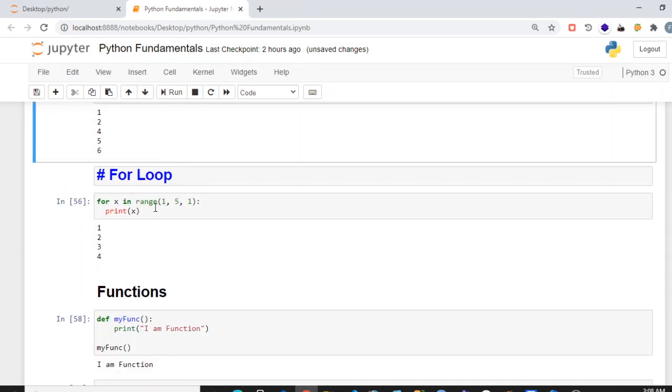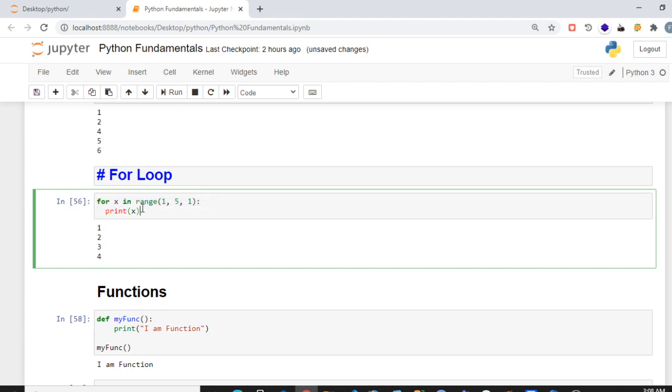Similarly, we have the for loop in Python, which is the same as what we have used in different programming languages, where we specify for, then your variable name, which is a temporary name used in the for loop. In range, you have to specify your starting point, your ending point, and then the number of increments you want. For example,